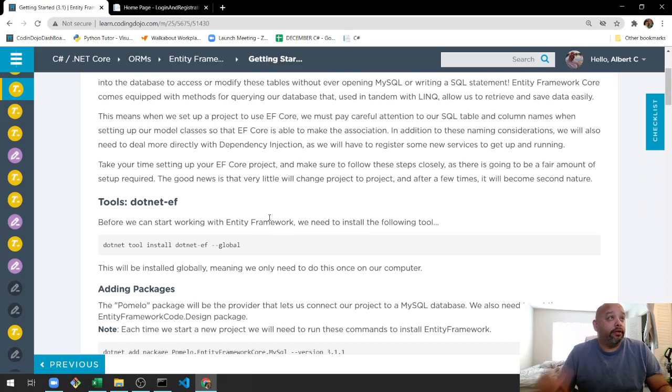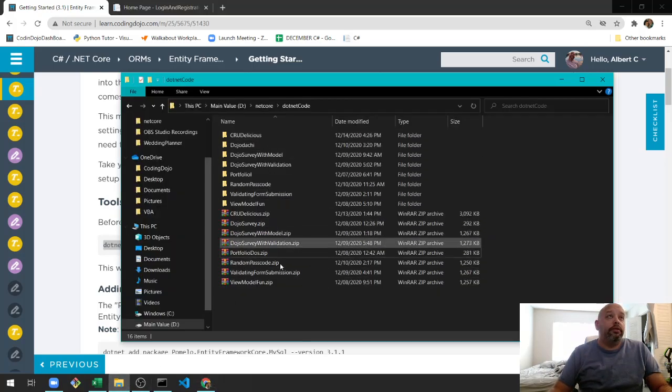The first thing you want to do is put this tool set in the folder that you're going to be making all your stuff in. All right. I had a login and registration I just deleted because I'm going to do everything over. This is for wedding planner now. This is the login and registration I will be using for wedding planner, and I'm gonna add it to wedding